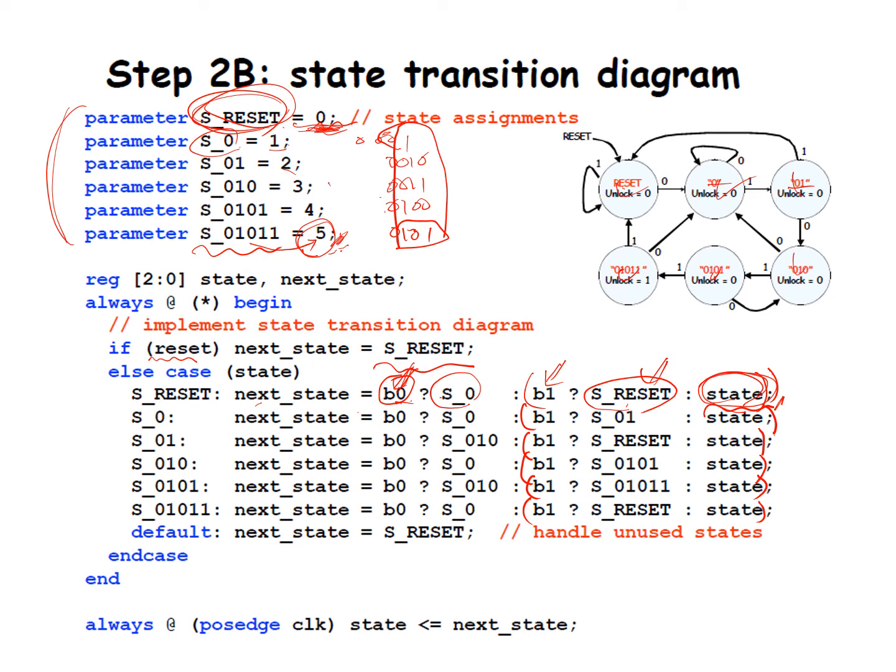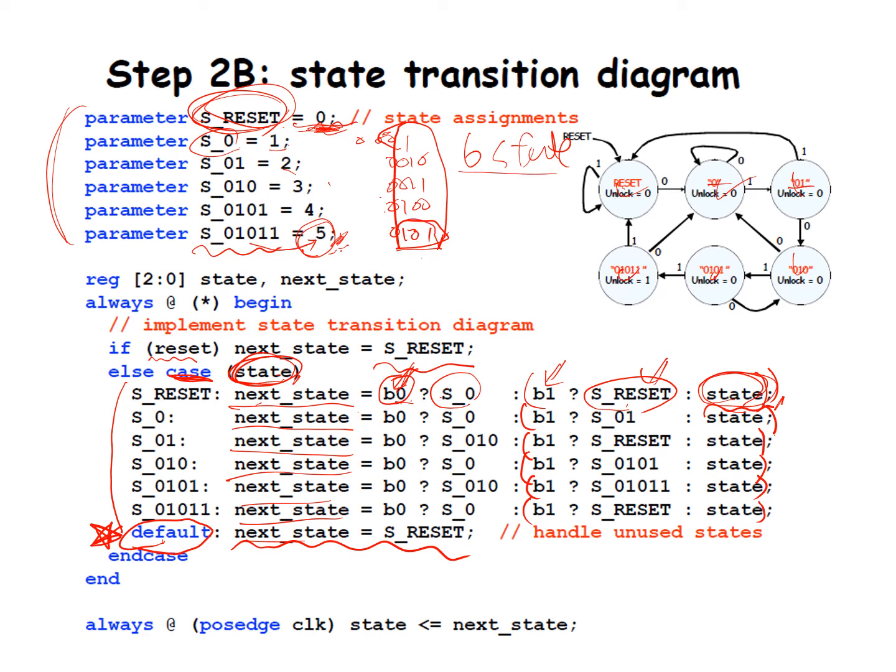So this is a natural order for the tool to interpret. Depending on the current state, we describe all the next state definitions according to the state transition diagram before. One thing to note is that we are defining a default state. Why do we define the default state? Because if we use a case statement, we only have 6 different states. But in binary,